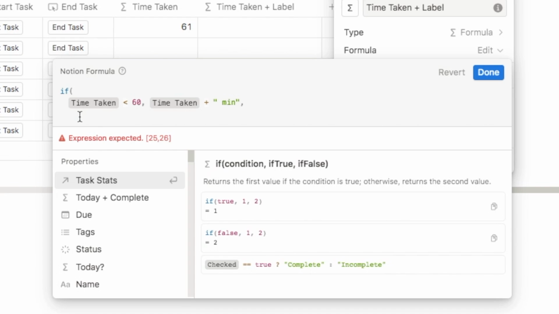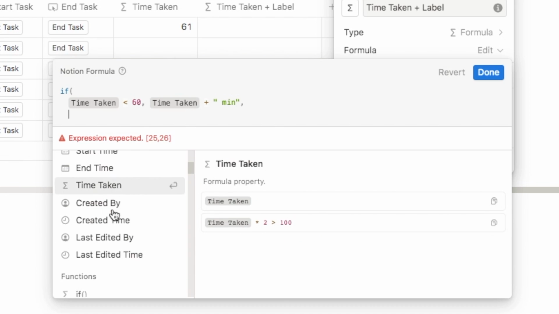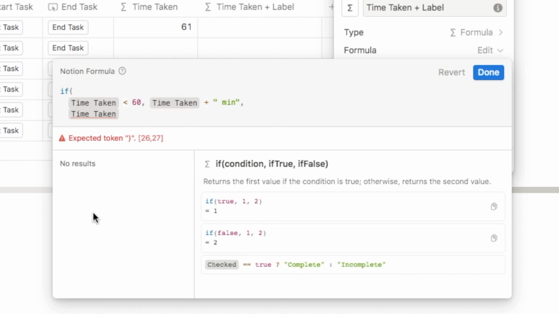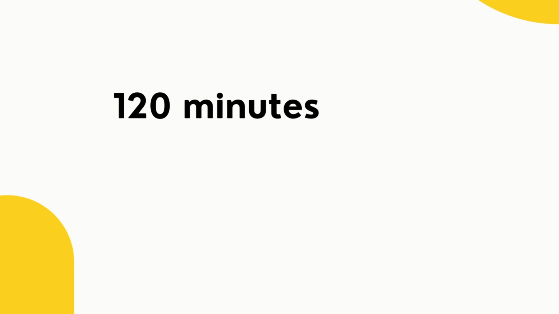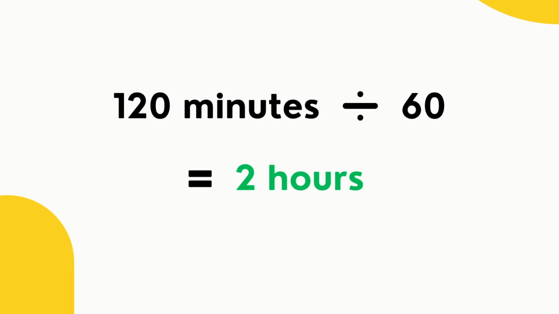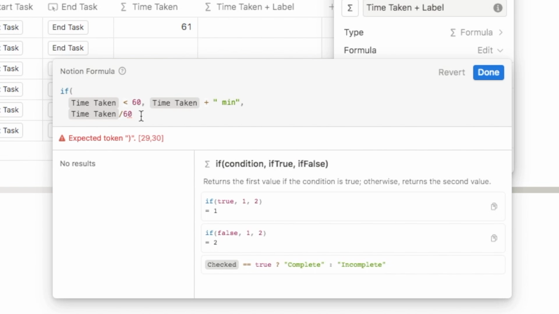So the first thing that we want to do is we want to divide our time taken number here by 60. So I'm going to look here again for time taken and add that in, and we're going to divide it by 60. And what that's going to do is going to convert the minutes here into hours. So if you had 120 minutes and you divided that by 60, you would get 2, and that's correct because you have 2 hours. But the only problem with this is if you have something like 90 and you divide